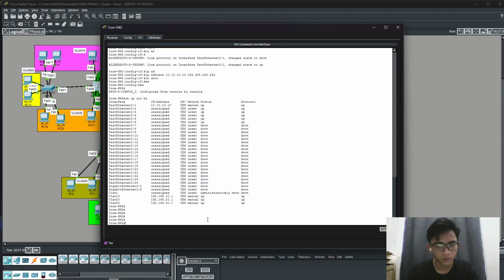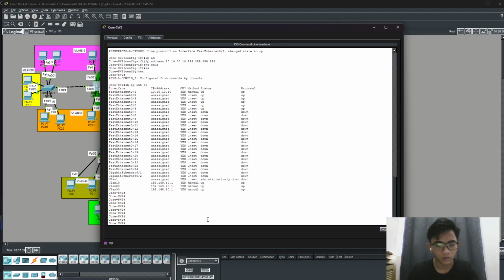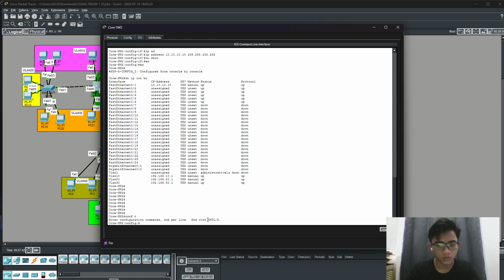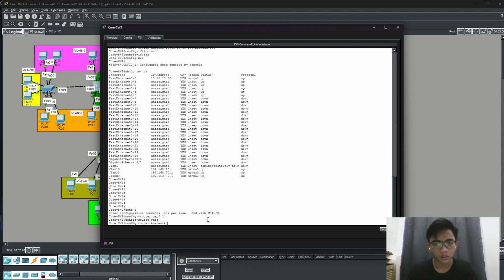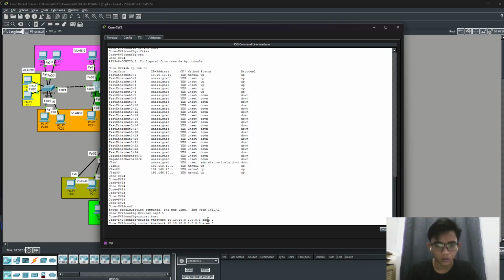Okay, configuration, router OSPF 1, network is 10.10.10.0 and 0.0.0.3, area is 0 again.